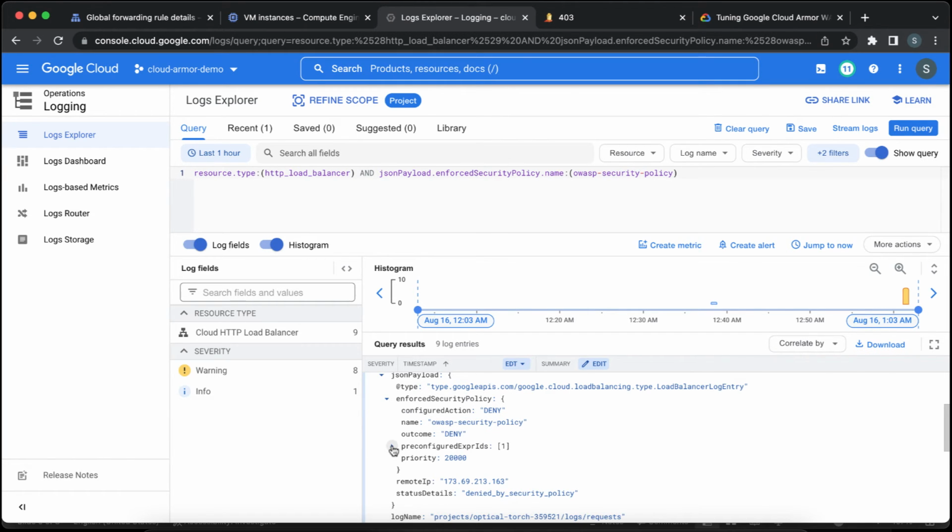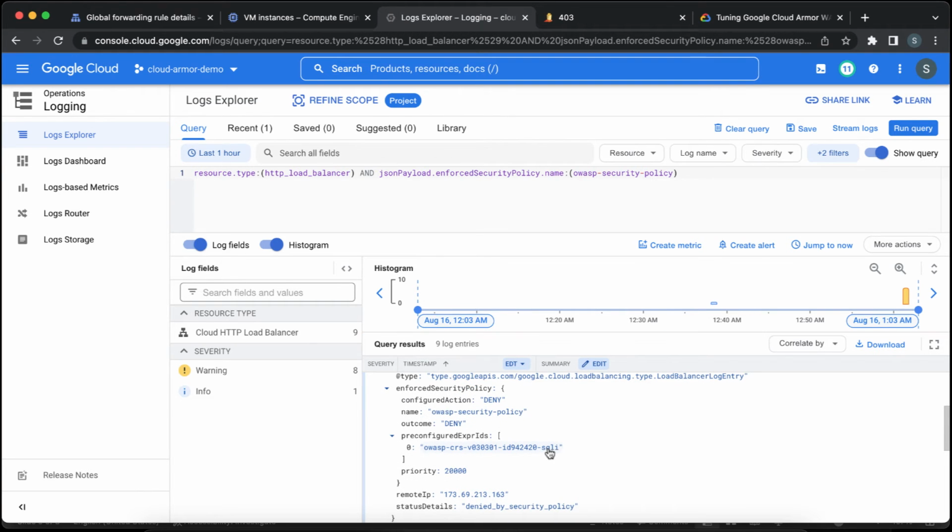And we click on here, another one called preconfigured expression IDs. This is the particular expression ID that is blocking our home page. People don't even get to the home page. We want to not do that, and so what we will do is we will ask our rule to exclude this particular expression ID from the entire SQL injection rule set. So now what we do is we copy the value of this particular expression ID, and we go back to Cloud Armor,